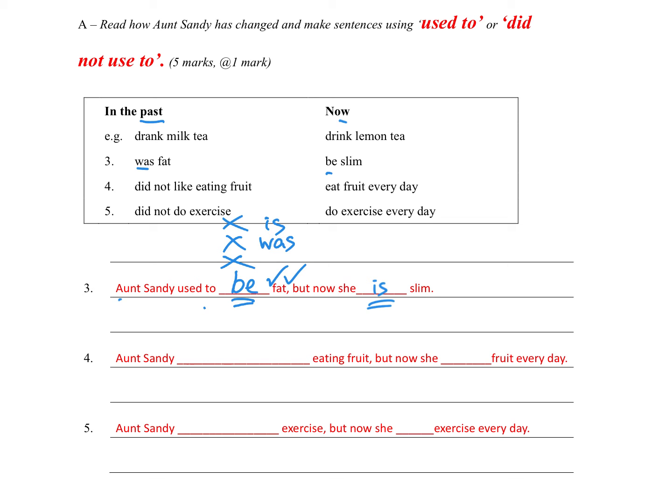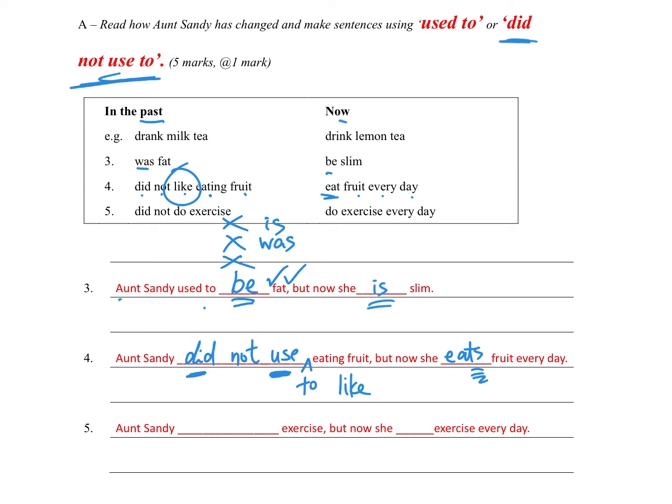Number 4. In the past, did not like eating fruit. Now eat fruit every day. 好啦，題目話明要用 did not used to，咁即係佢以前唔中意食水果㗎。Aunt Sandy did not used to。呢個 use 你記住係冇咗個 d 㗎，你可以想像佢嘅過去式去咗 did 嗰度。Did not used to like eating fruit, but now she eats fruit every day，加翻個 s。